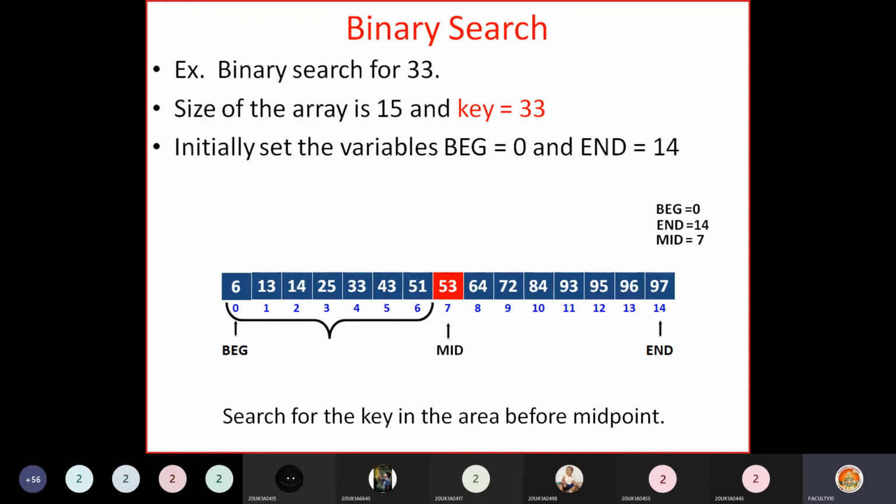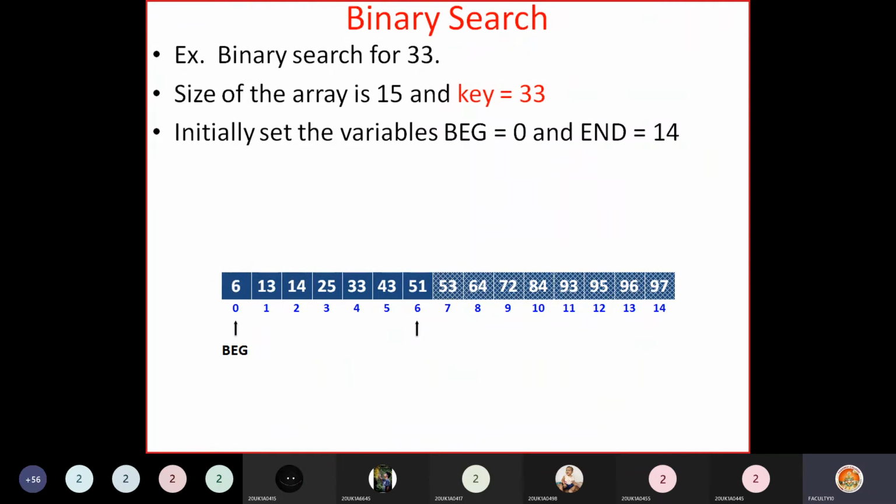So that means now from index 0 to 6 only, you need to perform binary search. Okay, so then the right part I am striking off now. So this is eliminated. The right part of the array is eliminated. No need to search here. That means half of the array is eliminated here. Yes or no? Okay, so your searching process now becomes easy by searching only in the left half of the array. Only 50% of the array is left now.